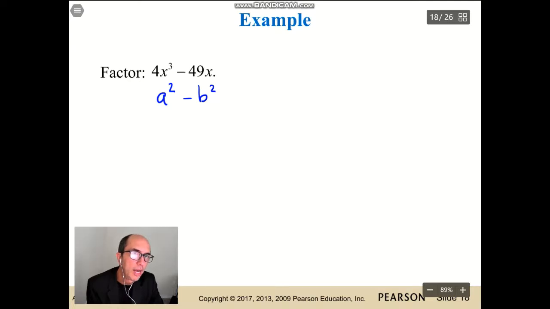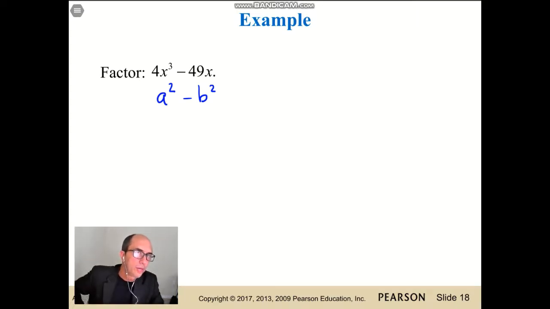Because you have an x cubed here and you have an x here that's not squared. But there's something you can do. Check it out. If we factor x out, this expression here is equal to x times